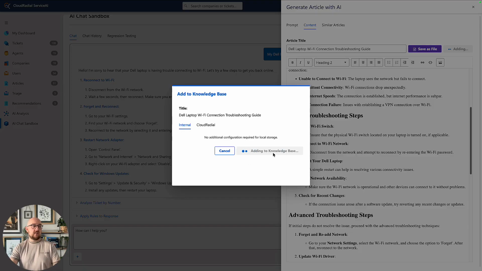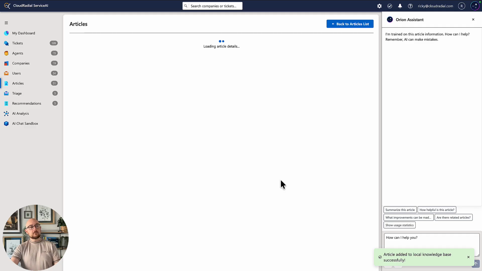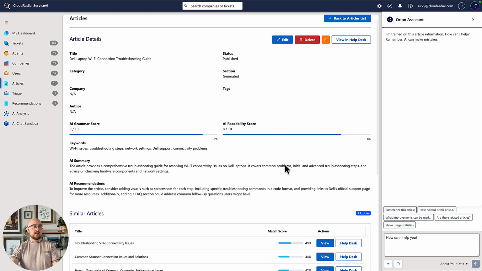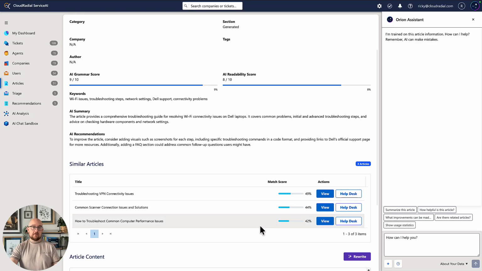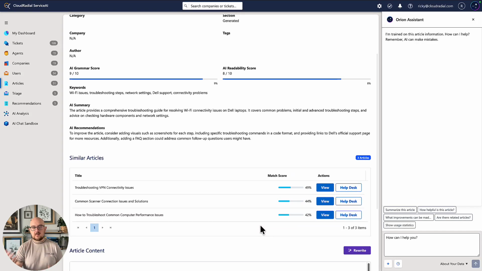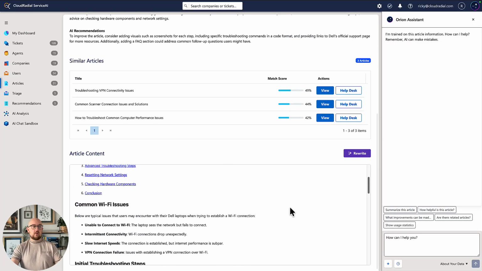So let's go ahead and add it to the knowledge base. It's going to get added in. It'll take us straight to the knowledge base area, where it will in fact show us the documented article. It'll also show us things like whether there is an overlap with other documentation to make sure we're not stepping on ourselves writing the same document over and over again, and obviously the spot where you can see the article